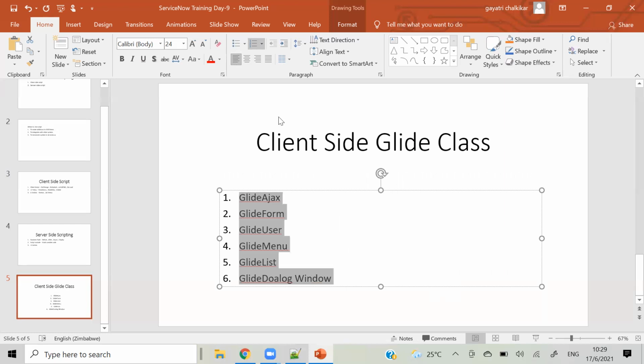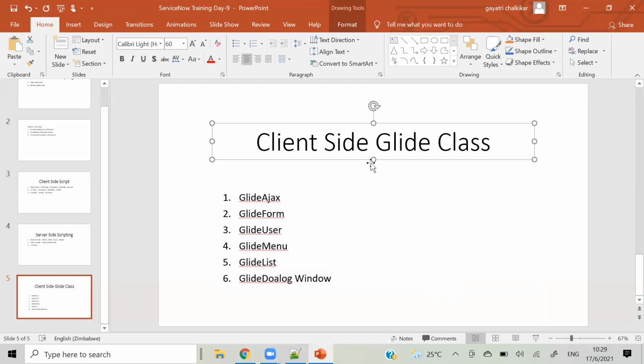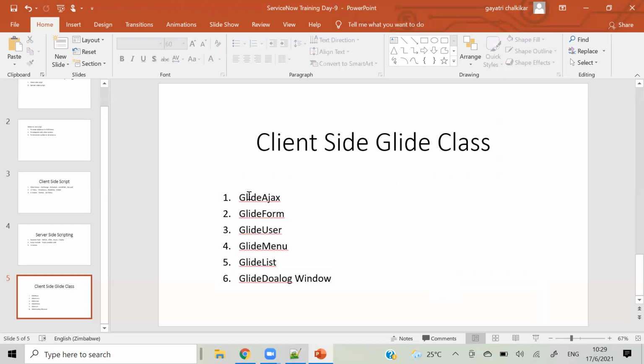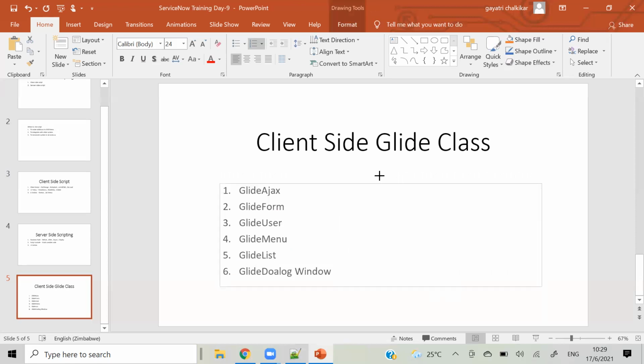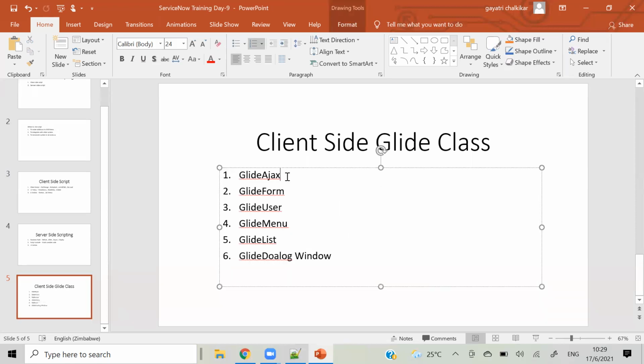So these are the 6 Glide classes we have on the client side. Let me add this to point 3 because this can't be on here.